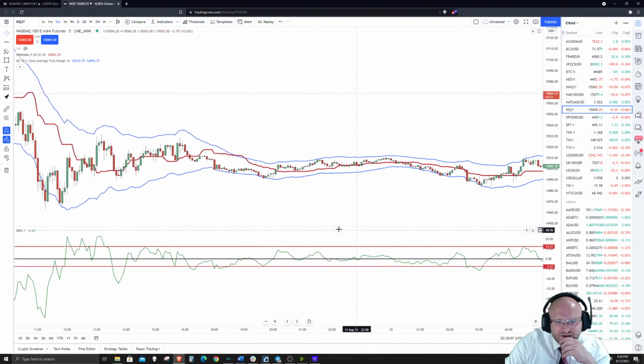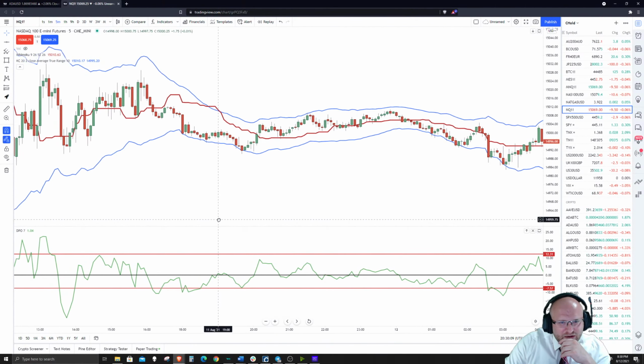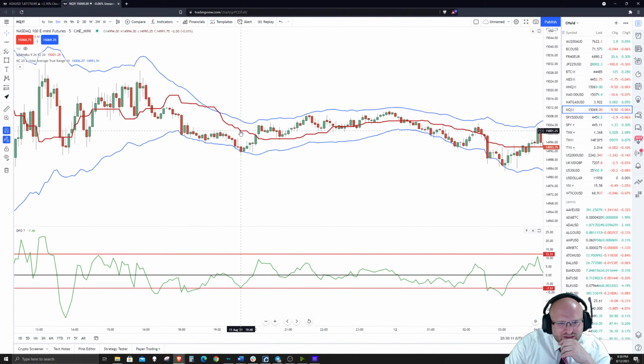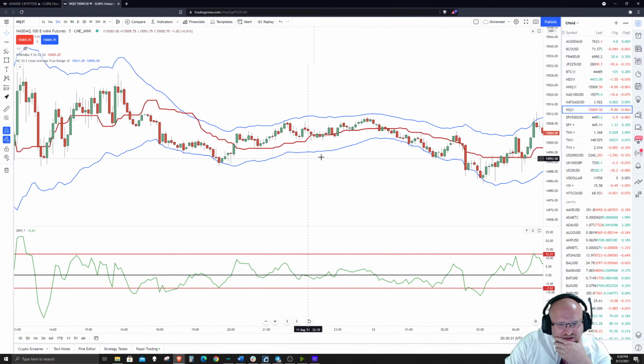On the 5-minute chart, I want to know: is there a gap? Yes, there's a gap. Did it break through? Yes. Is it at an extreme? Sure. My long entry would have been at the cross above the 0. Depending on how many points you're targeting, how many ticks or points, that's how they measure in the futures market, however many ticks or points you want, you're going to want to be